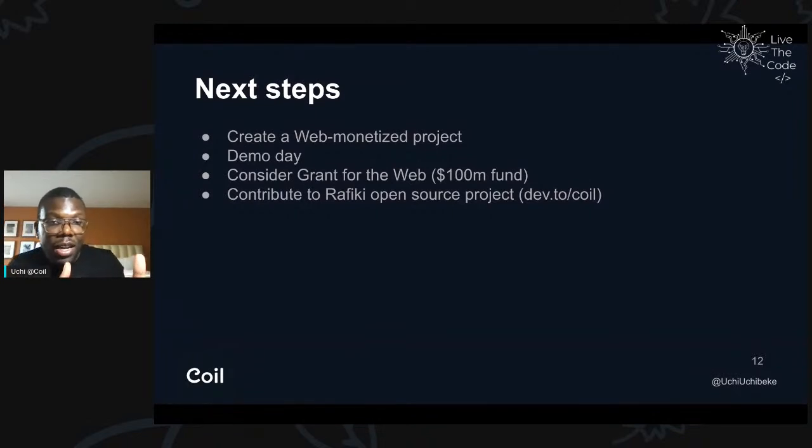Then you should definitely start looking at how you can improve your hackathon projects to be able to get a grant in the next funding round, which should be in the next few months. And then finally, Coil is leading the development of a new open source tool called